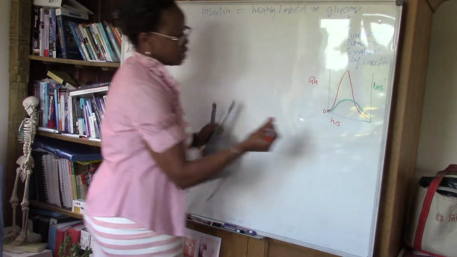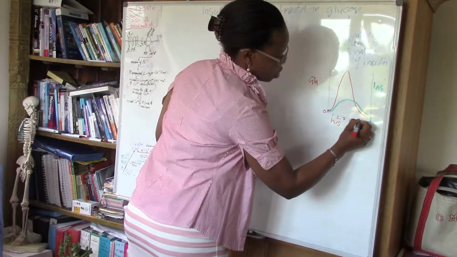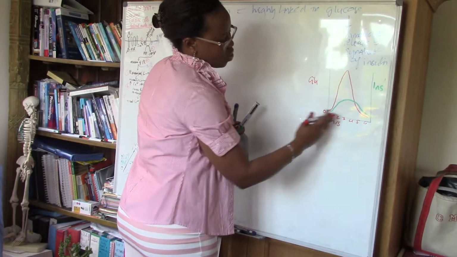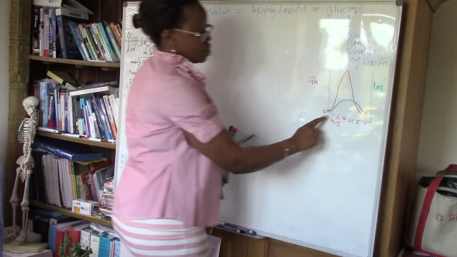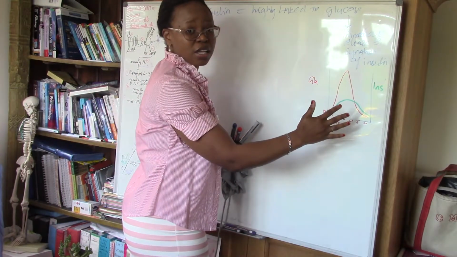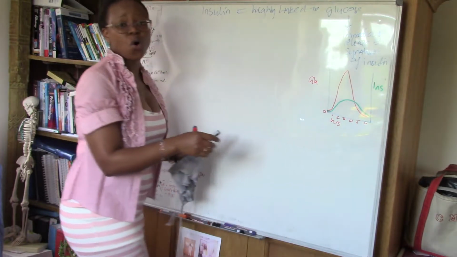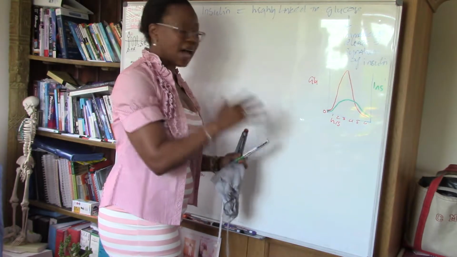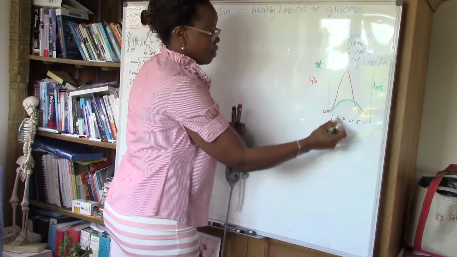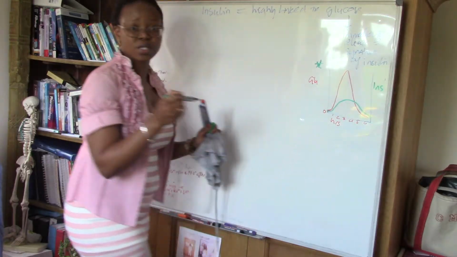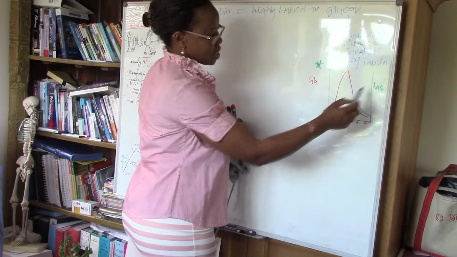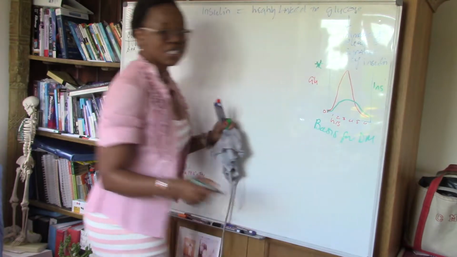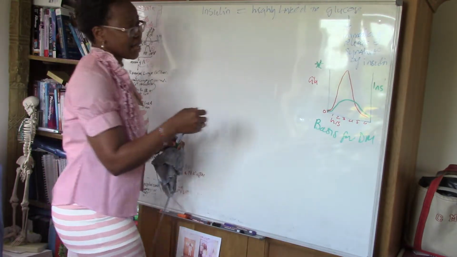But the point really is that within a few hours of consuming glucose, insulin would have been released to reduce that glucose. So really no one remains hyperglycemic, which is a high glucose level. And the reduction of that glucose in the blood following insulin secretion is the basis for diabetes diagnosis,